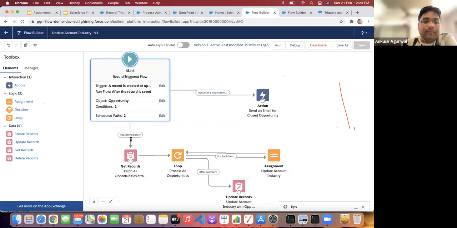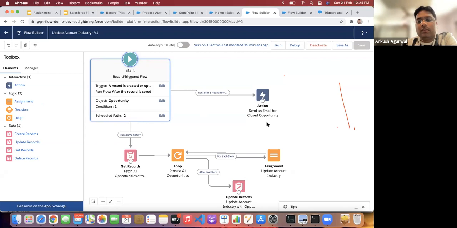Yeah, so bulkification of the flows will be handled by the system itself. Let's suppose I have uploaded thousands of opportunities through the data loader. What will happen? The system will handle it itself; this particular flow will run for only one record at a time.